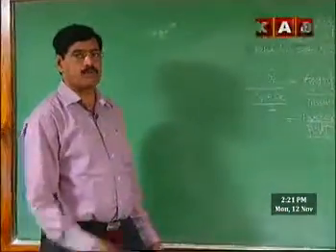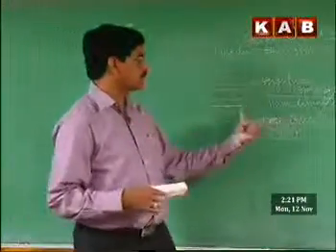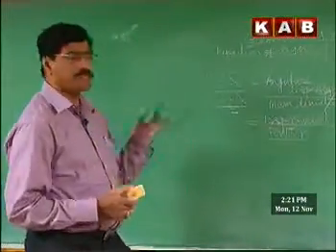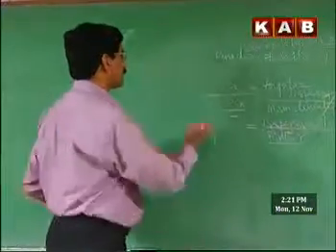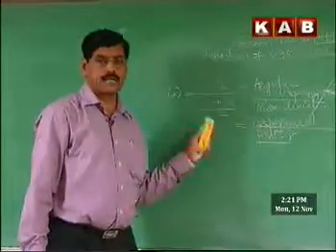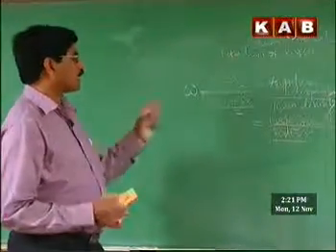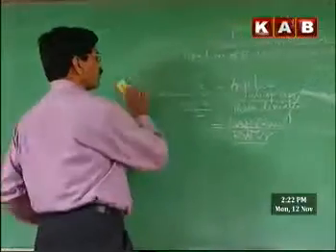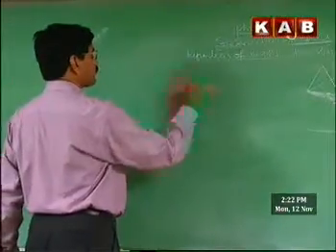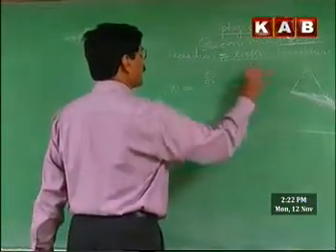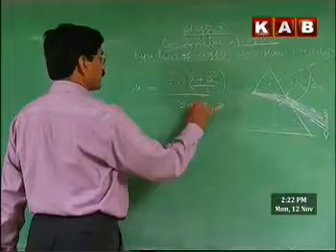How the prism is able to disperse the colors is given by this parameter called dispersive power. The dispersive power of the prism material is usually denoted by the letter omega, which is a dimensionless quantity. Now, how to express the dispersive power in terms of refractive indices? Before we go for that, first we will take up the formula which we have derived. For a prism, the refractive index depends on the angle of the prism and the mean deviation angle by this formula. This we have derived.